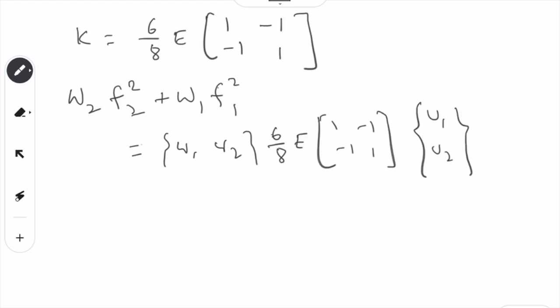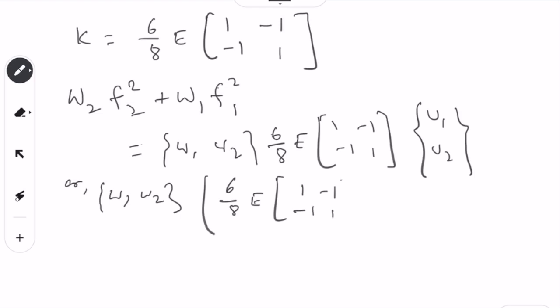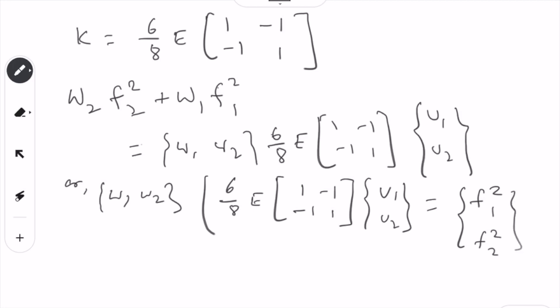So this is what we have, and we can write W1 W2 as common, and we have 6 over 8 E [1 -1; -1 1]. Then [U1 U2] is equal to F. So W1 multiplied by F21, so we write F21, we have F22. Now since W1 W2 are arbitrary,